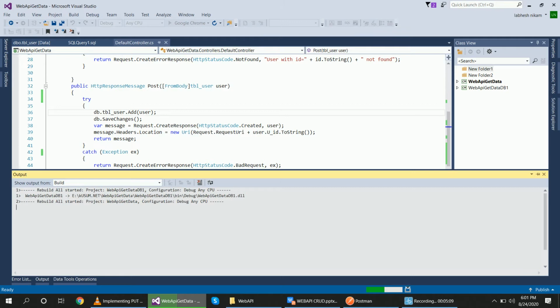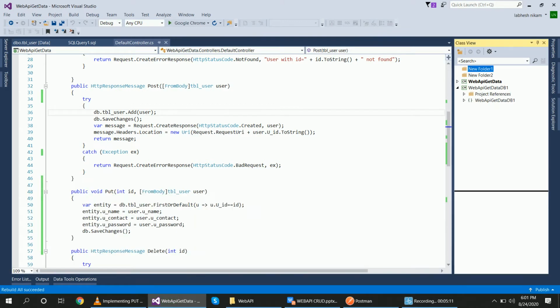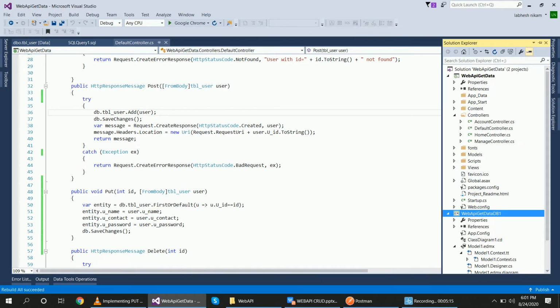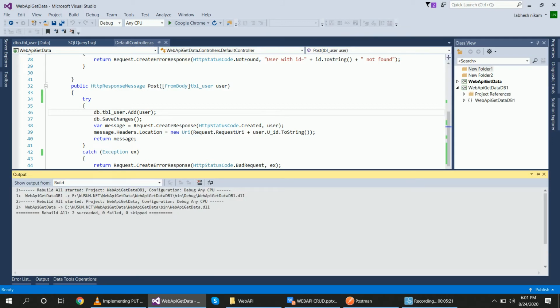In this class library project, I have added this data entity model. What is the output? Two succeeded. Now I will run my project.